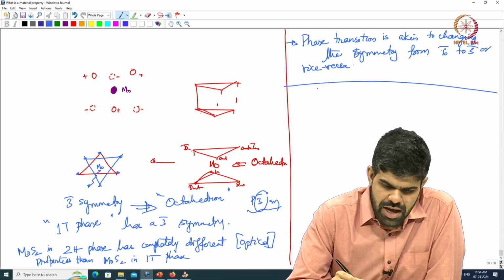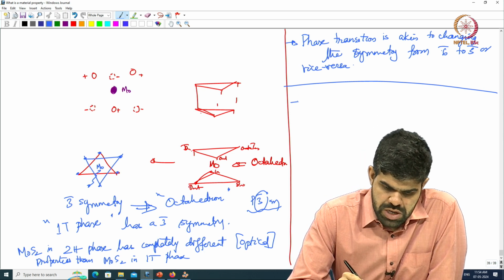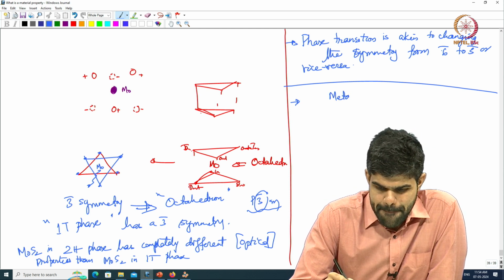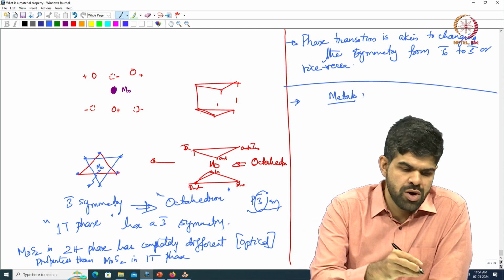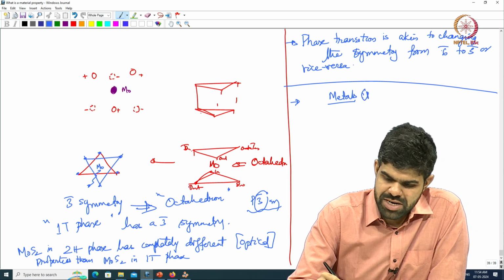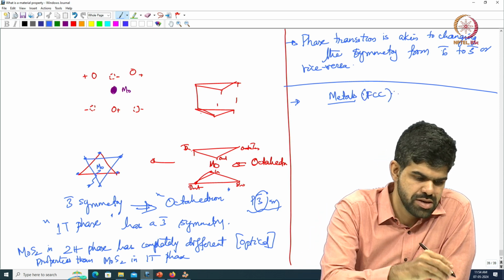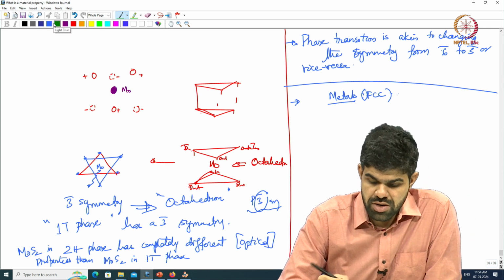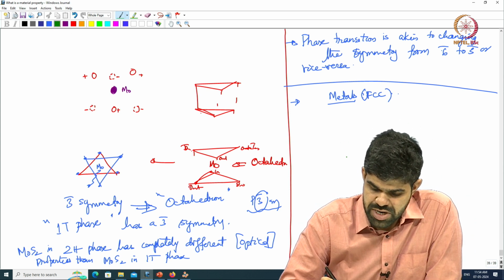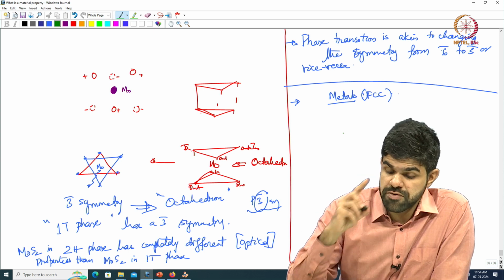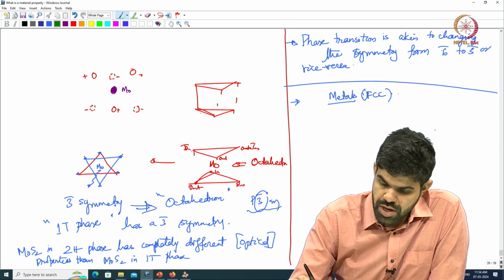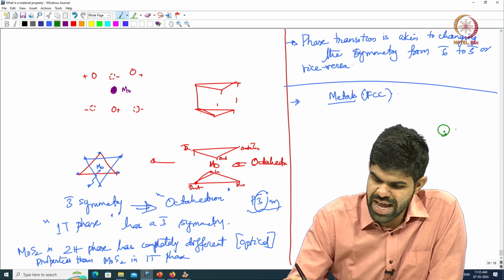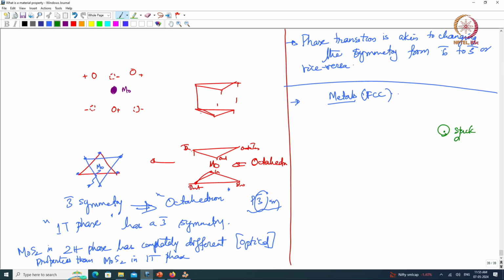Okay. Now, you can as well think about the more common examples, which are metals, right. Now, metals, FCC metals, right. I'll explain what an octahedral void is using the octahedral position in an FCC metal. The way one can think of it is, if I am putting atoms on top of each other, I am going to stack atoms along the C direction,